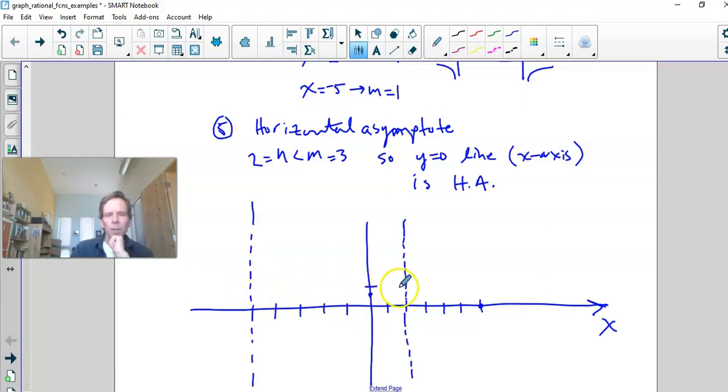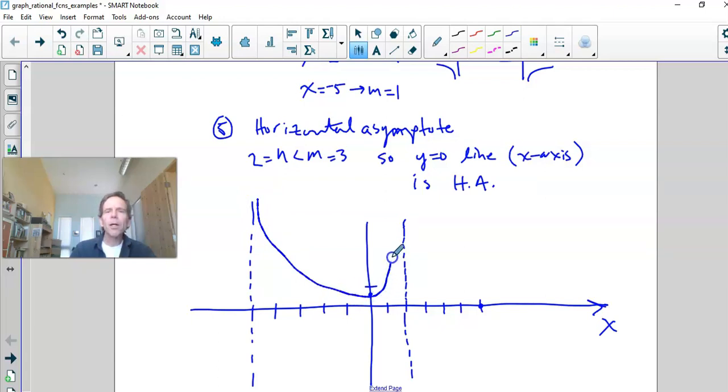Let's look at this middle portion between the two vertical asymptotes. There are no x-intercepts in between those. That means the graph is not going through the x-axis anywhere between the two vertical asymptotes, but it has to go through the y-intercept. And since the graph has got to get closer and closer to those